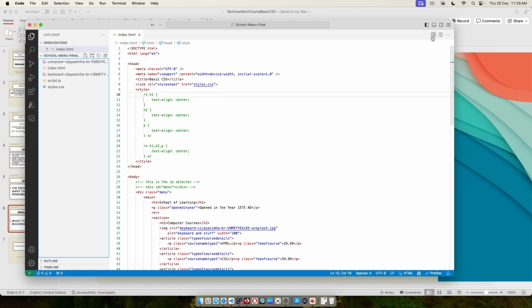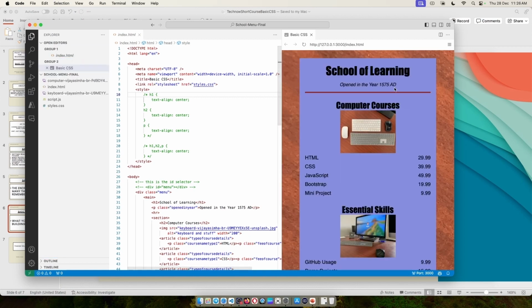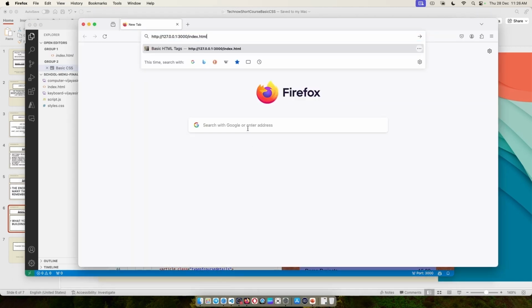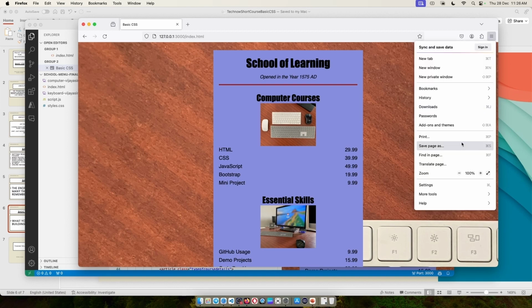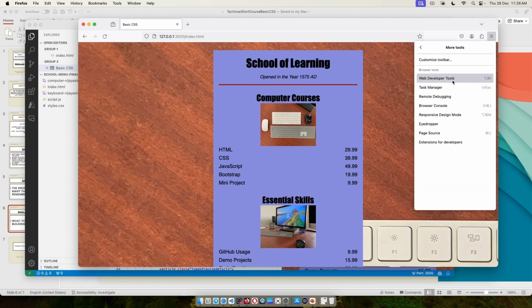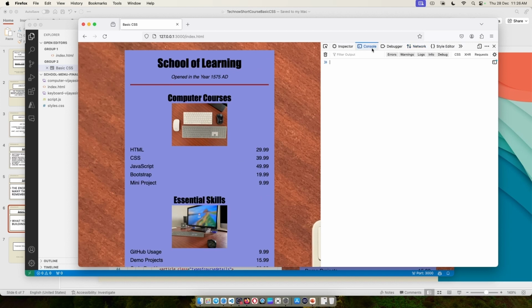Let me quickly get the preview running. There it is. Let me open this in Firefox as well so it looks a little bit nicer. As always, whenever you're trying new things, please go ahead and open the developer tools. There you go. Perfect.